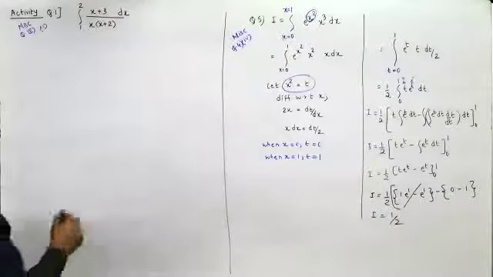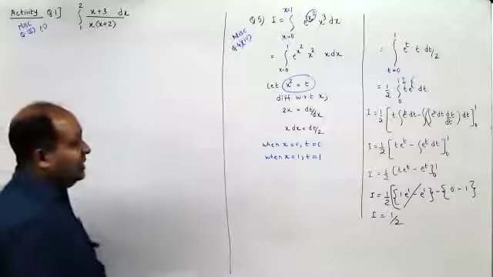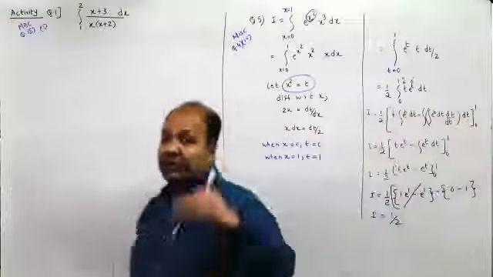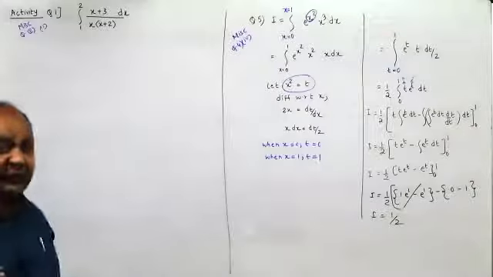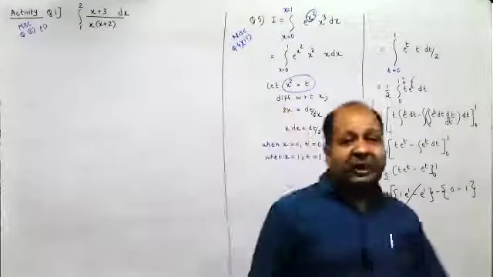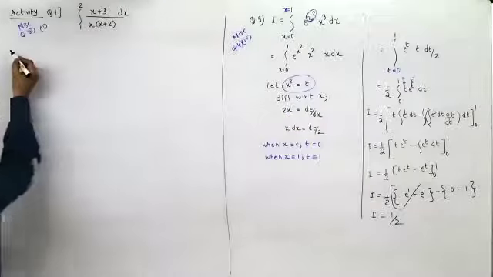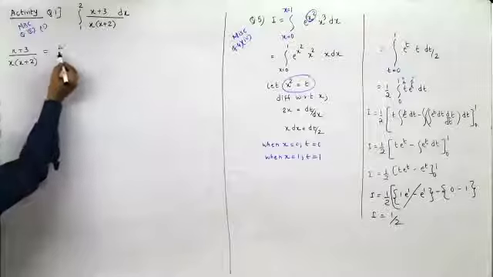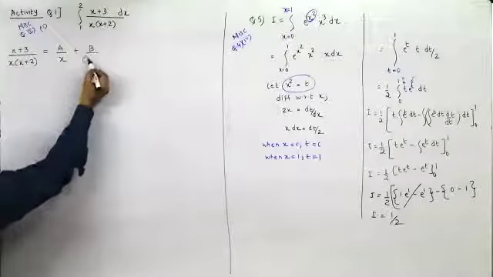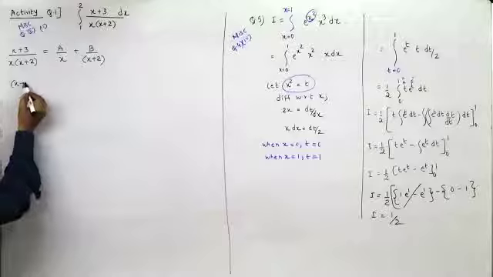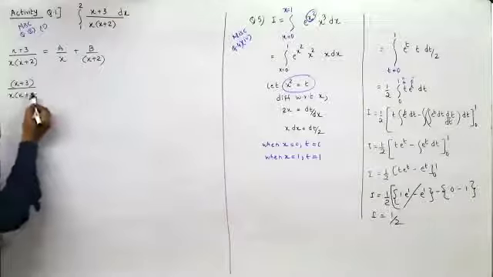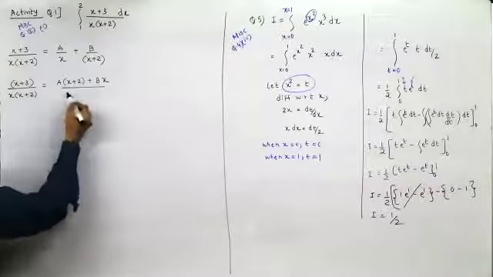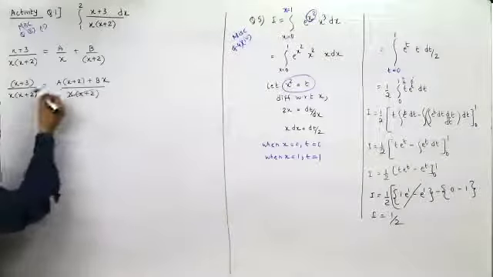If you observe here, combined power of the numerator is x plus 3, that is linear. Combined power of the denominator is x square plus 2x, that is quadratic. So the power of the numerator is less than the power of the denominator, therefore we can use partial fractions. Now when you're using partial fractions over here, x plus 3 upon x into x plus 2 is the same as a upon the first term plus b upon the second linear term. And as I said, this would be x plus 3 upon x into x plus 2 equal to, when you take the LCM, a into x plus 2 plus b into x, the whole upon x into x plus 2. This x into x plus 2 gets cancelled.